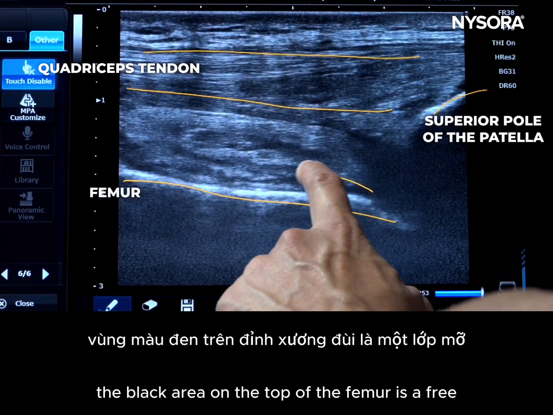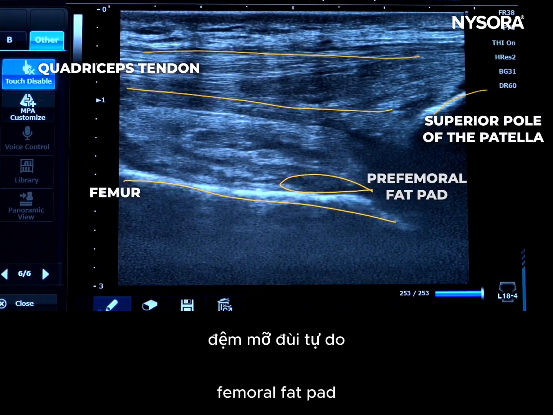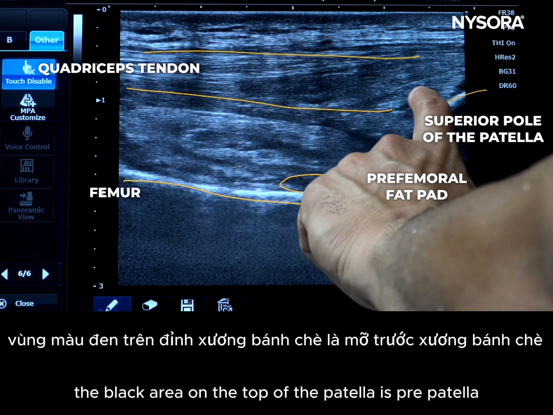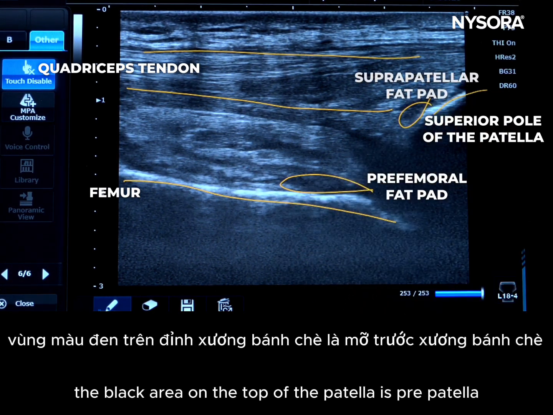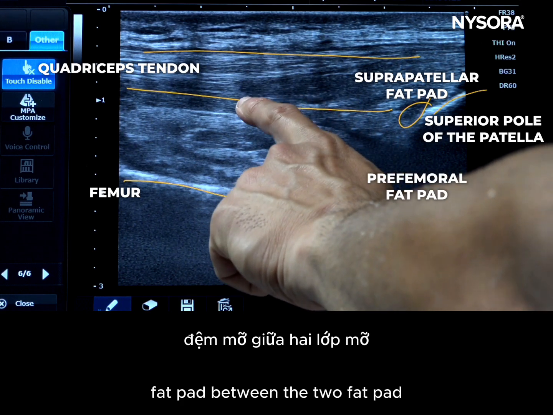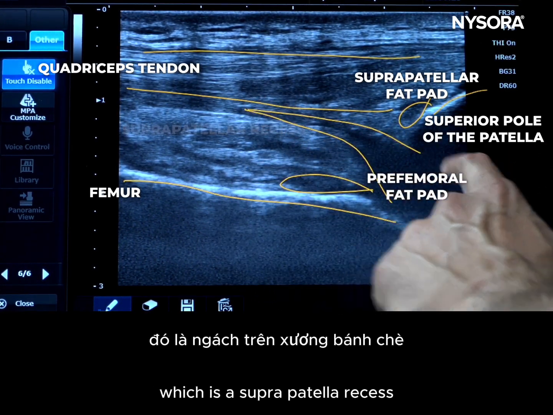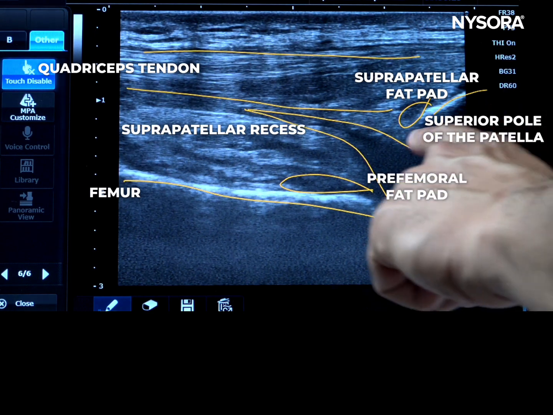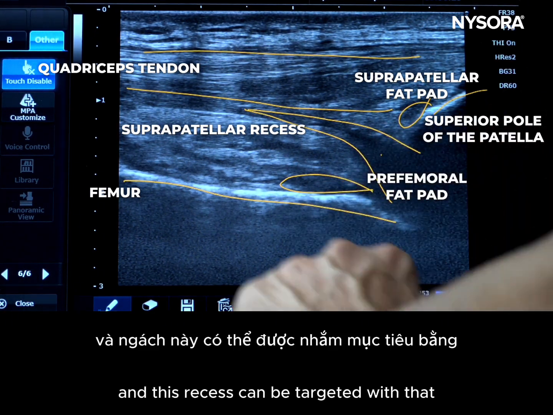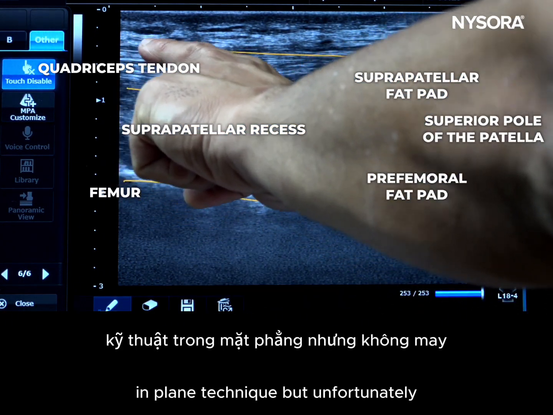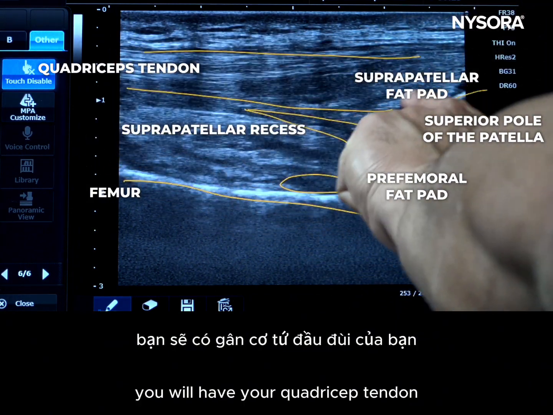The black area on the top of the femur is a prefemoral fat pad. The black area on the top of the patella is a prepatellar fat pad. Between the two fat pads, the black layer you see is fluid, which is the suprapatellar recess. And this recess can be targeted with an in-plane technique, but unfortunately you will have your quadriceps tendon